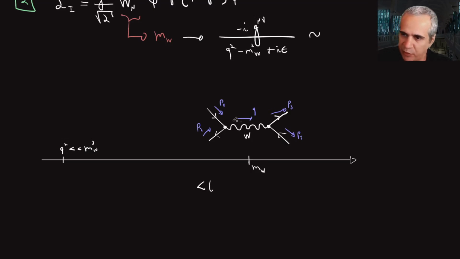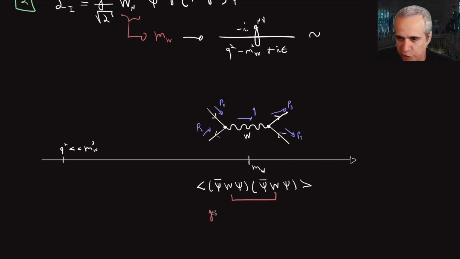I have 2 different points here. At this point on the left, I have the action of this operator, psi bar W psi. On the point on the right here, I have again psi bar W psi, calculated at a different point. And this diagram is given by the contraction. I have a propagator from this point to this one for the W. This is proportional to G over square root of 2 on the left side. Of course, there are some Dirac matrices that I'll bring back later.